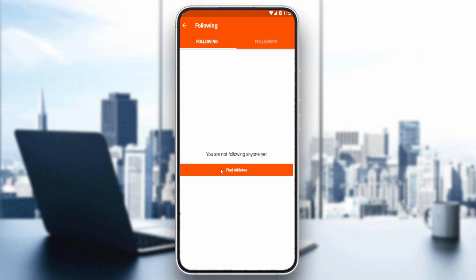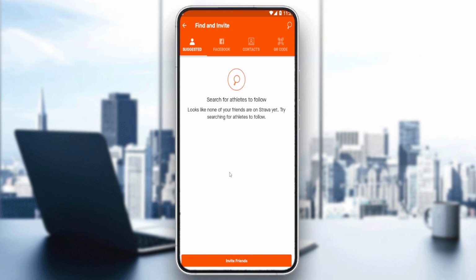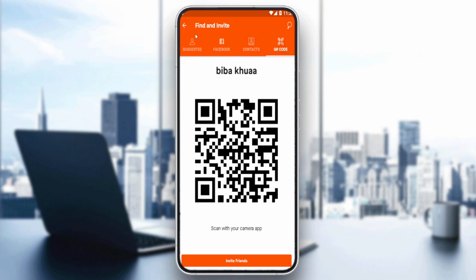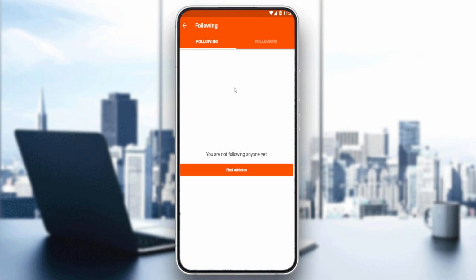Of course, here, as you can see, I don't have any following. If you click here, which is like Find Athletes, you can just add some friends if you want, suggested friends if you have some, Facebook if you want to connect with Facebook and add friends from there, contacts, or even with a QR code. For me, I don't have any followers,